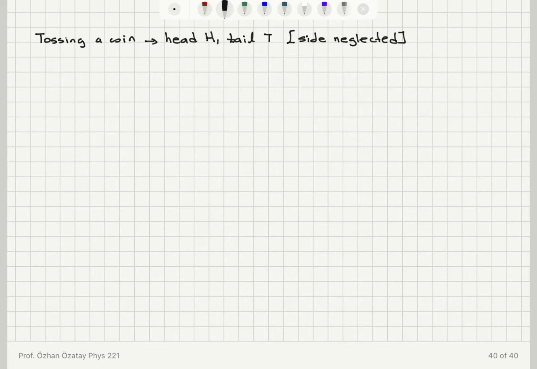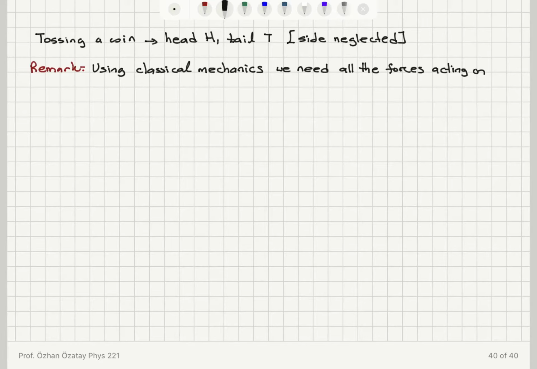First, as a remark, I want to note that using classical mechanics, in order to predict the outcome, we need all the forces acting on the coin, and then we also need to know the mass distribution, the location of the center of mass,